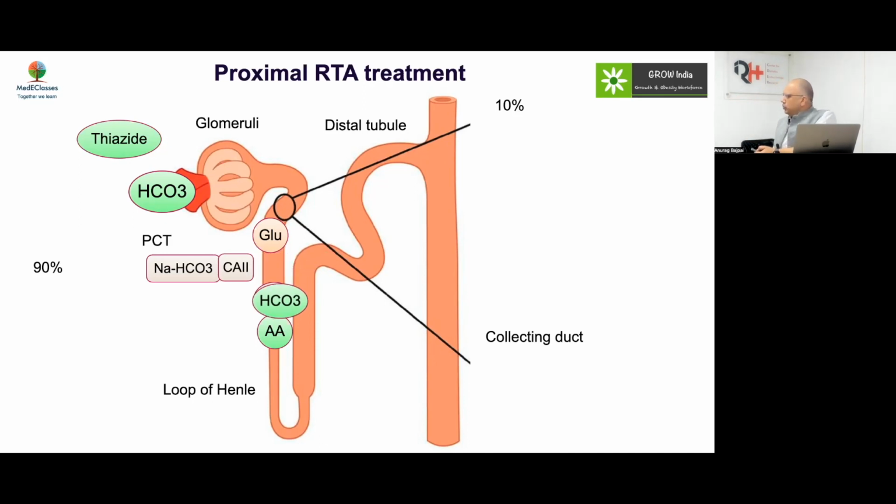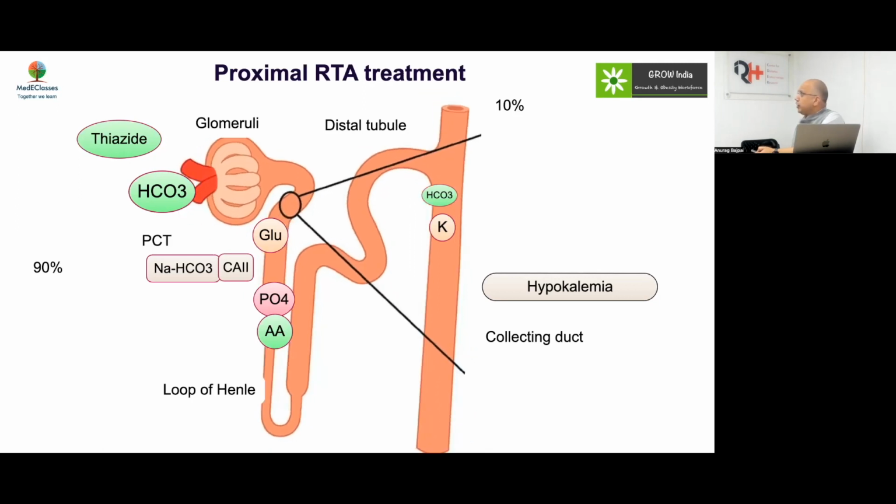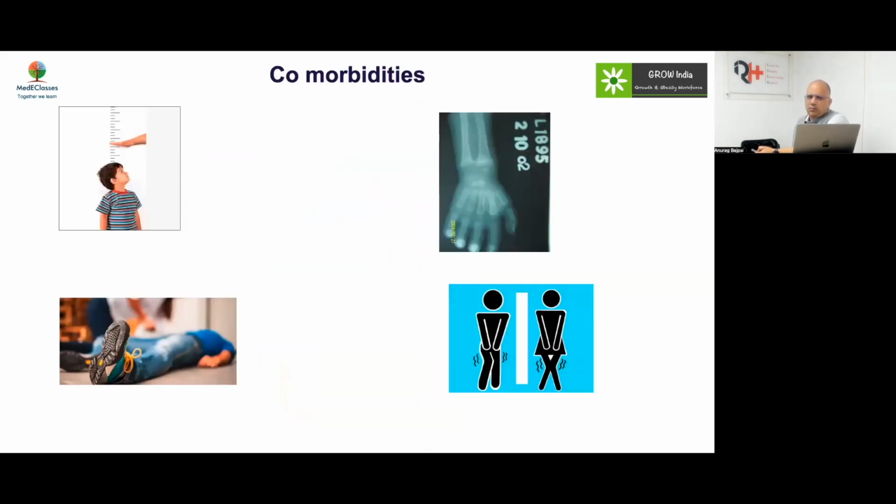So here you would need a very high dose of bicarbonate. And once you give bicarbonate, as we discussed, if you have a sodium load, you will have an exchange there and you will develop hypokalemia. So here hypokalemia will worsen during treatment. So you have to be worried about. You expect improvement in growth. You need to give phosphorus as well because they also lose a lot of phosphorus. So you have to give them phosphorus in the form of an inorganic phosphate, and polyuria will improve.